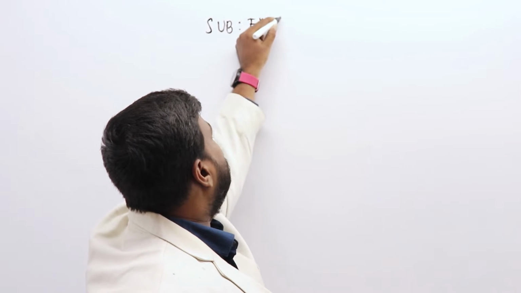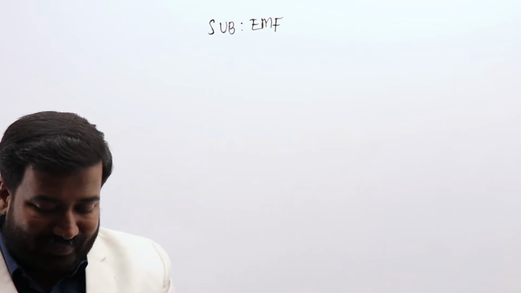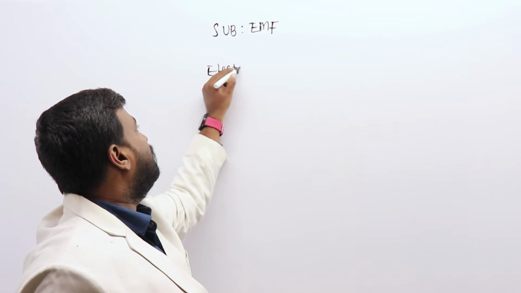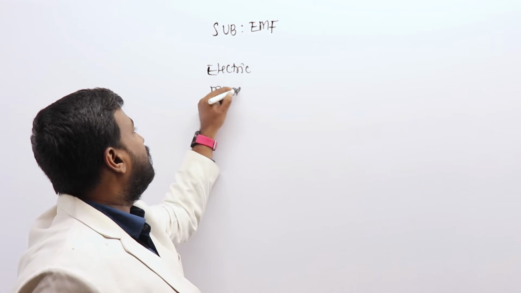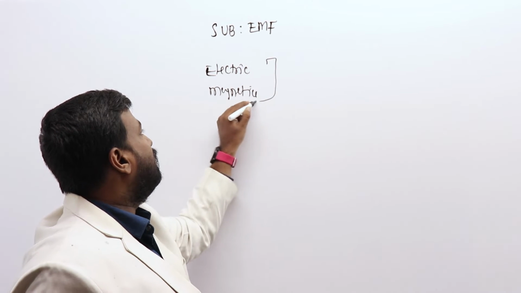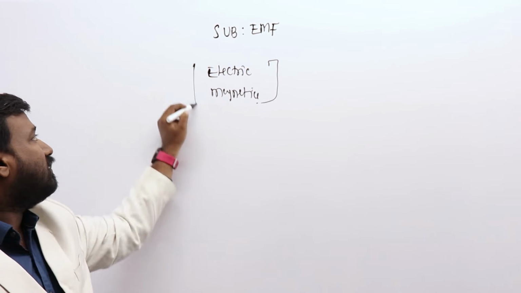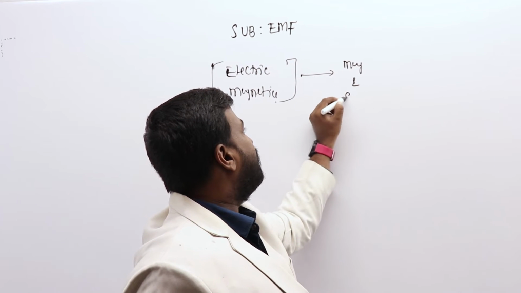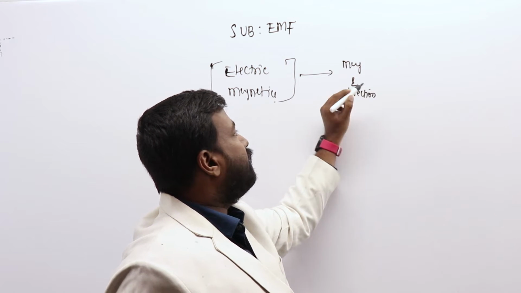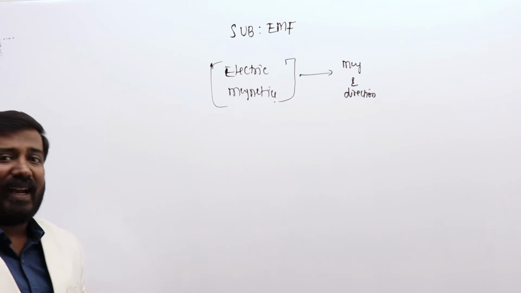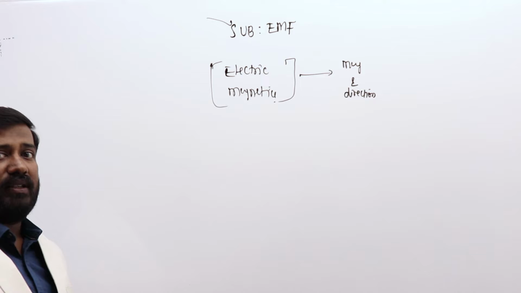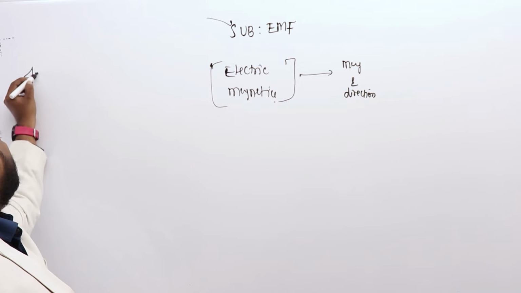As you know, electromagnetic field theory is a study of fields. Fields are nothing but electric fields and magnetic fields. Fields are vectors which have magnitude and direction. So we need some strong basics of understanding of vectors for understanding of EMF theory. So before we start the actual subject, we have some introduction to our subject,